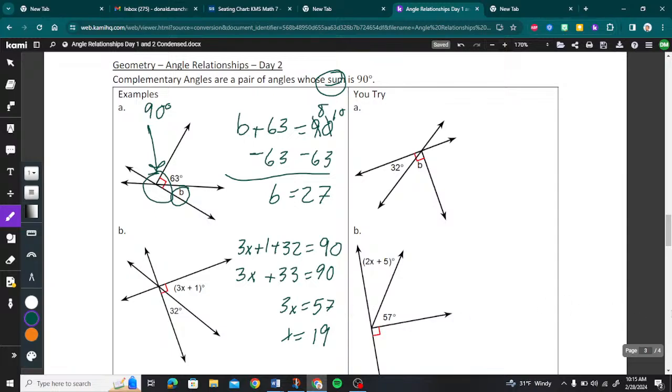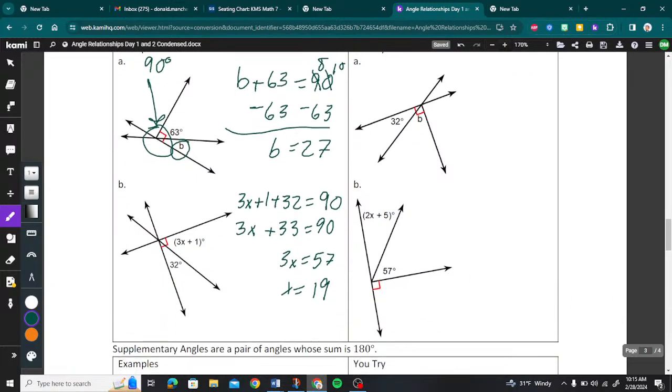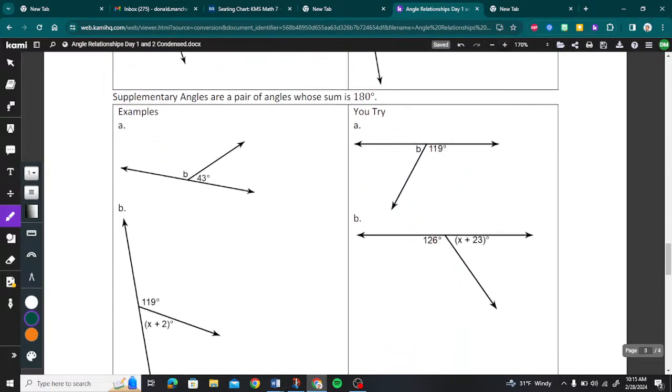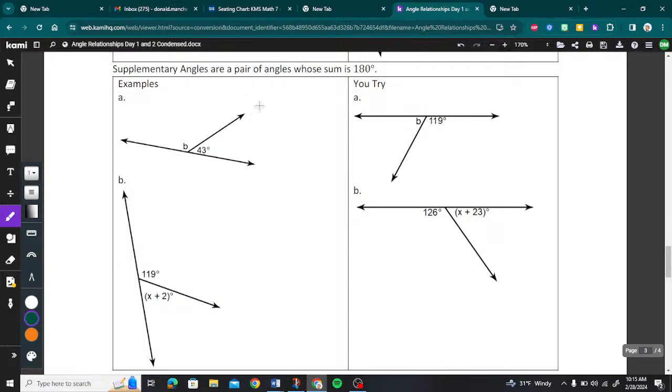So complementary angles are 90 degrees. The sum of complementary angles is 90 degrees. The sum of supplementary angles is 180 degrees. So here we say b plus 43 equals 180. You know when you have 180 degrees when you have a straight angle. So we subtract 43 from both sides. So that's 10, that's 17, and so b is